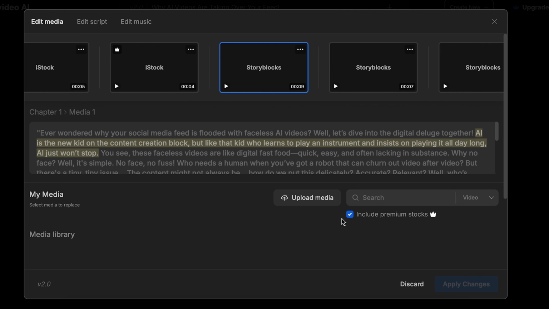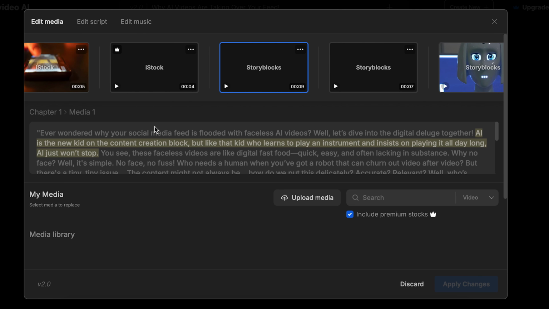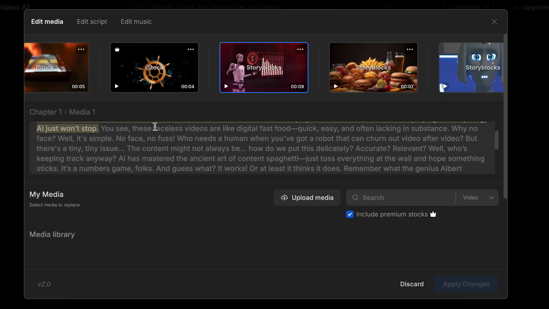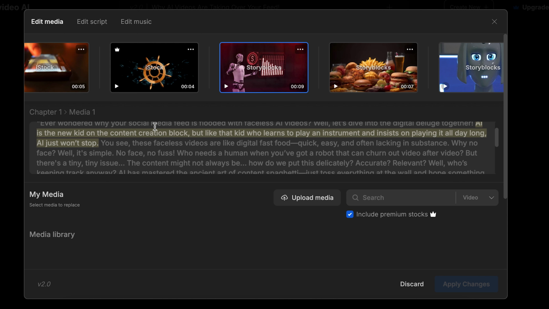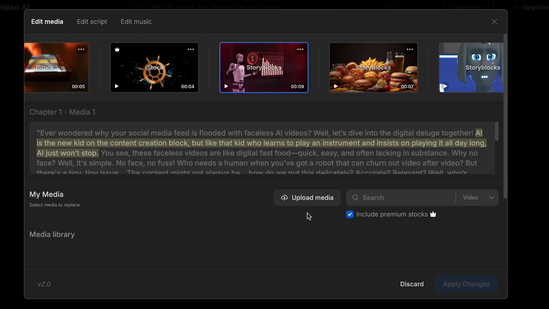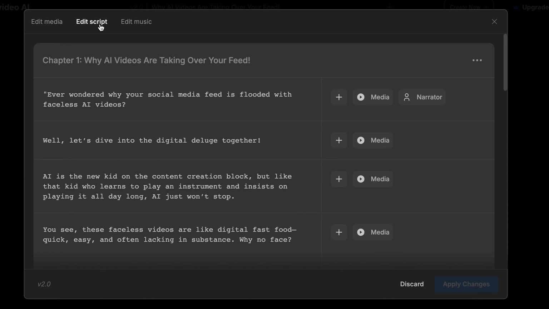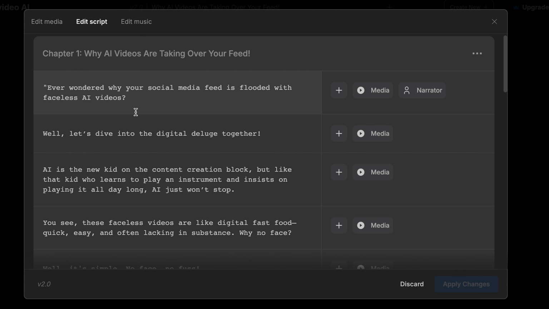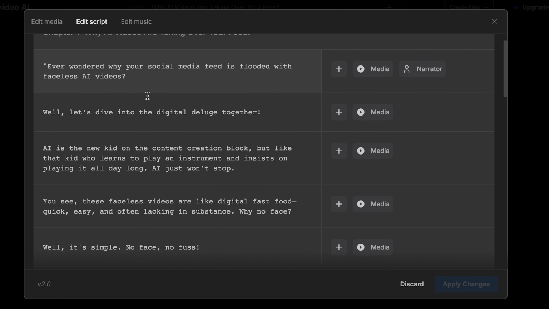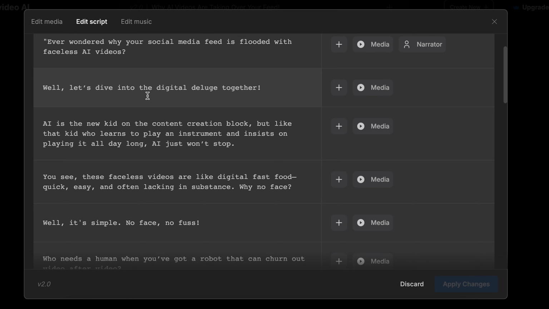You can either edit, download, or with a text prompt you can say, hey, just change the video. Then you can replace each one of these lines, and it gives you the length that each clip is playing. You can see each one has iStock or Storyblocks, and it's connected to a certain line in the script, and it determines the length. Then you can upload media of your own to replace the stock videos that they have here.